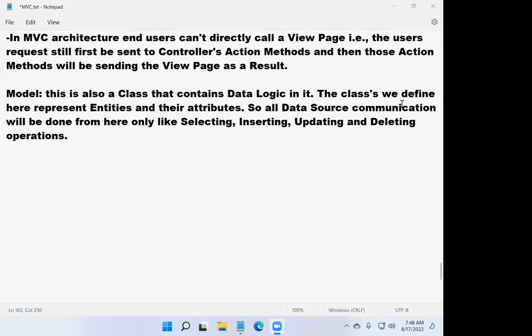Anything that is capable of storing the data can be called a data source. Are you guys clear? So whoever can store the data is called a data source basically. See, I don't know, the user may store his data in a database, or the user may store his data in a file also. Anything can happen. It's not like you're required to store data in a database only here. I can store data in a file also. So that's why I did not tell you database. All data source communication will be done from here only, like selecting, inserting, updating, and deleting operations, which we call